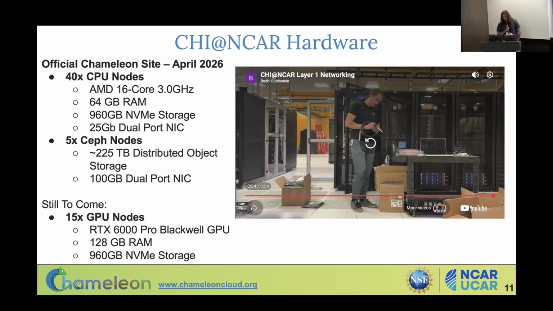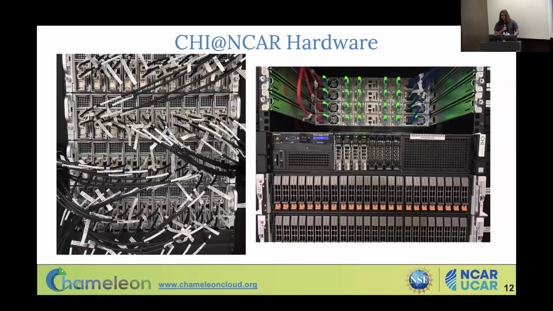And then we still have 15 GPU nodes to come. We had wanted to get those by about now, but between the time that we quoted them and when we were going to order them, they had doubled in price. So I think our plan as of now is to wait out the supply chain, and hopefully prices will come back down in about 6 months. But ideally we have some more workstation-type GPUs like the RTX 6000s, and those will have good RAM, good storage, and yeah. These are some pictures of our new hardware.